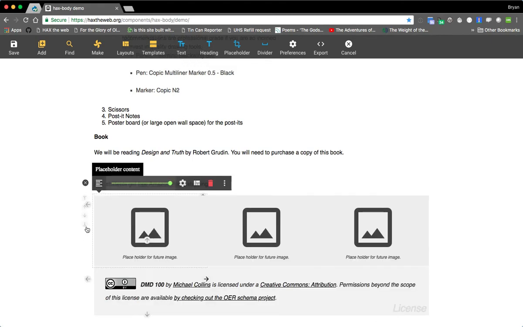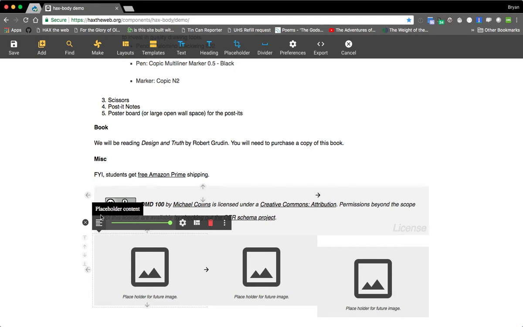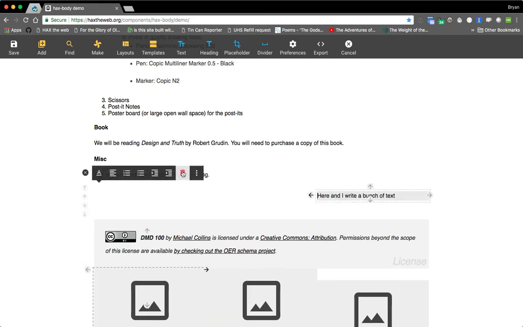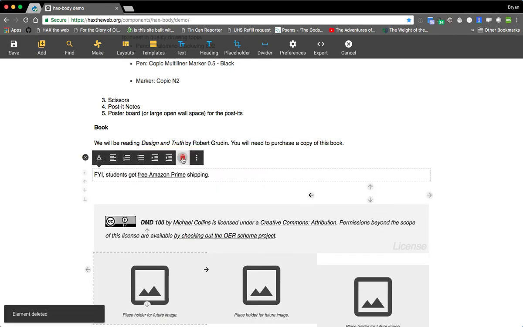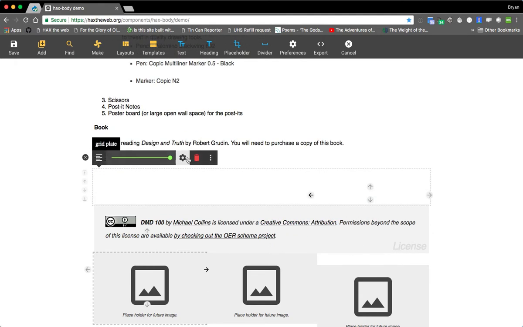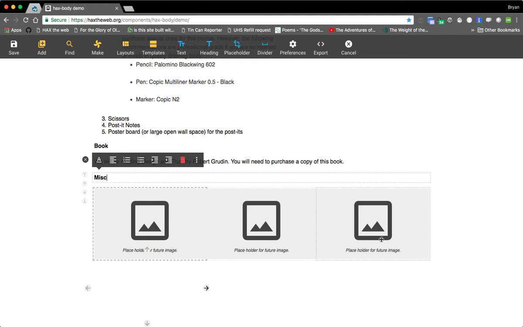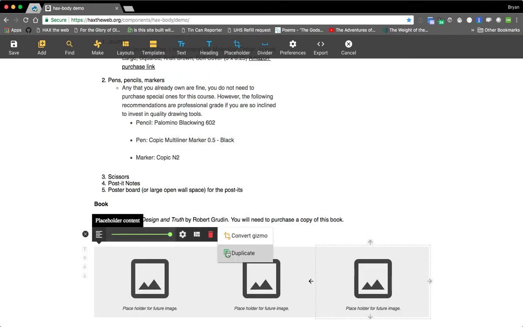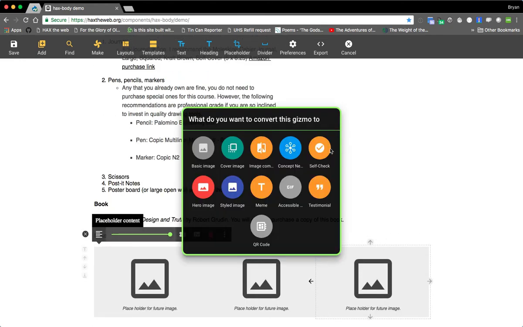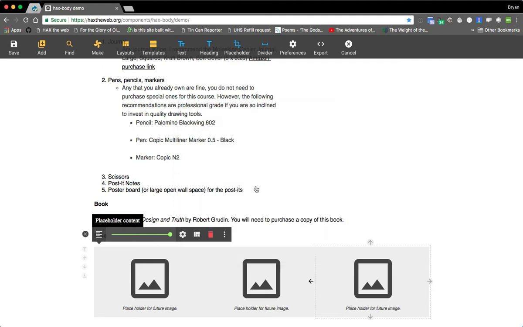And move the whole grid plate up or down. It's also a nice function of the grid plate. We can delete the items that are inside of the grid plate and then start to transition into deleting all this stuff everywhere else. Delete that. There we go. Image, I can click and I can convert that into an actual image in this case,